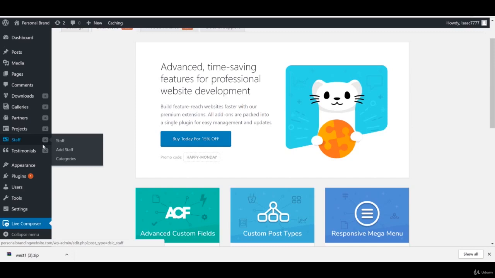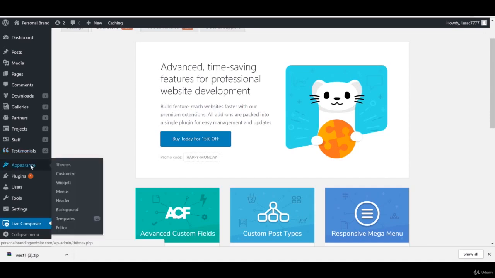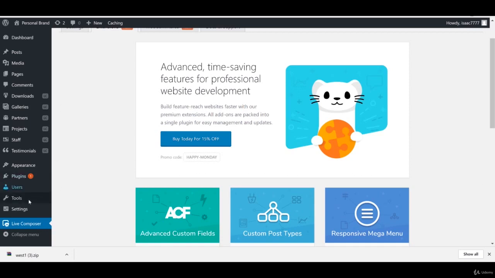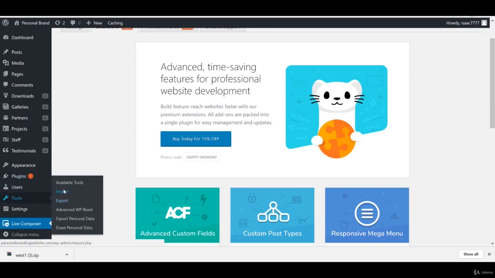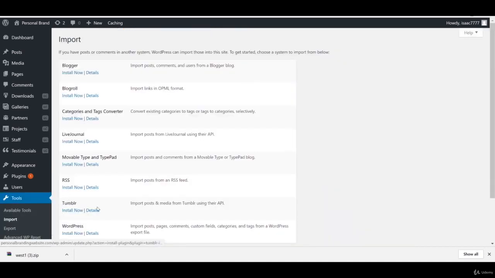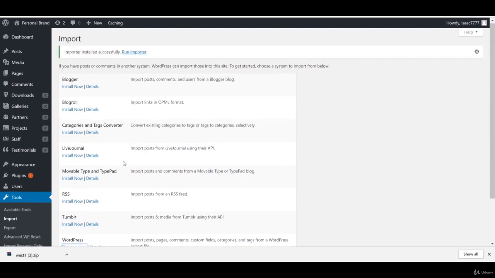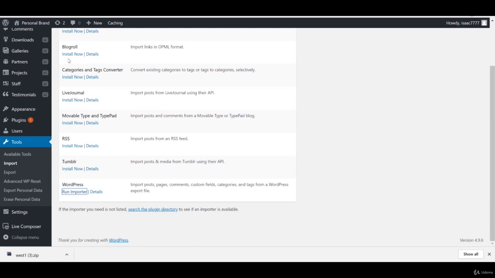So the next thing that I want you guys to do is we're actually going to install this demo content. So what I want you to do is you're going to go to Tools, and you're going to hit for me Import. Now you want to go down to this area here called WordPress and hit install now. Okay, so this is going to allow us to run a special importer program that will allow us to import the demo content for the site. So if we hit run importer,